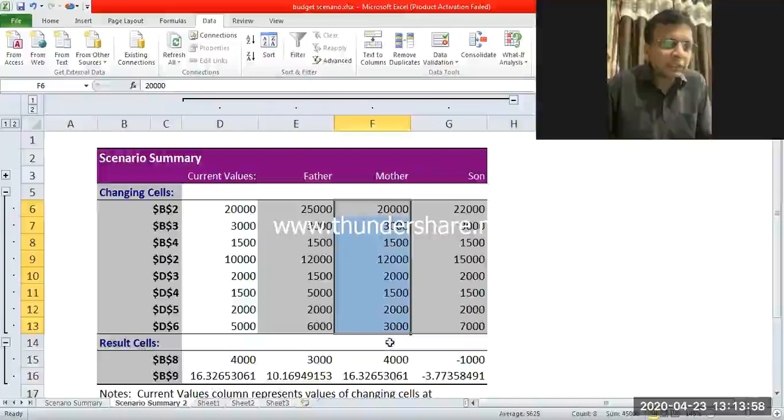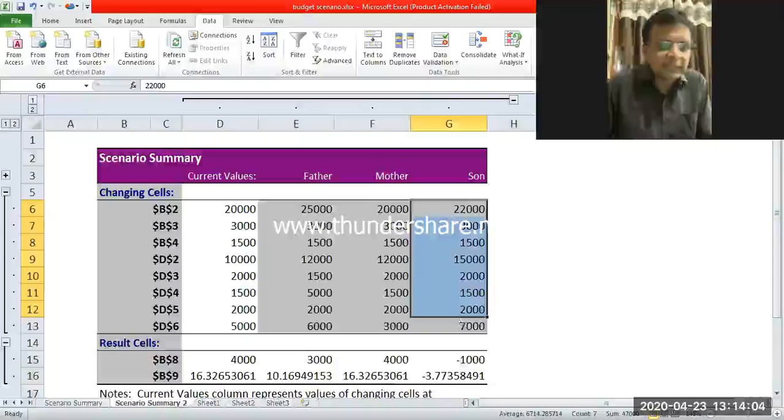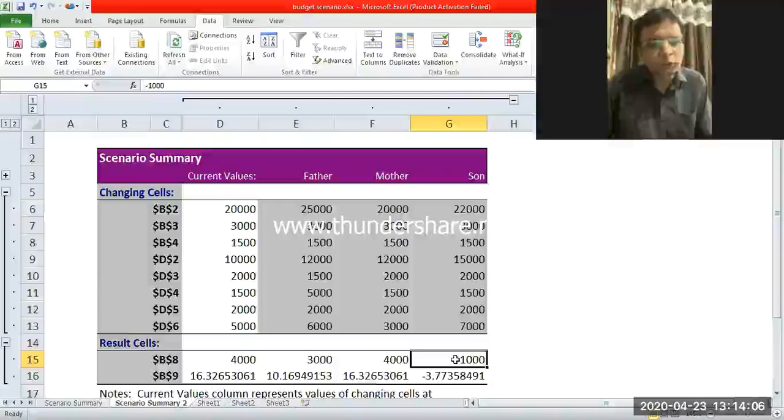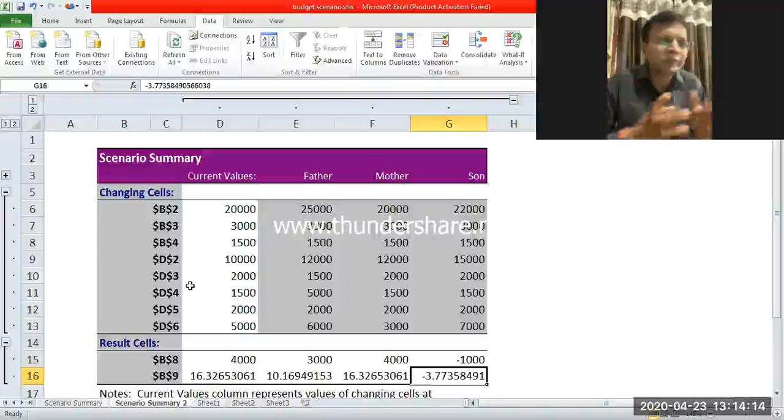In case of mother, it is showing almost the same, although there are some changes in the variables. And then in the son's case, it is showing a loss of 1,000 rupees, and we are able to now compare what are the four different scenarios and how they are going to have repercussions in my business.